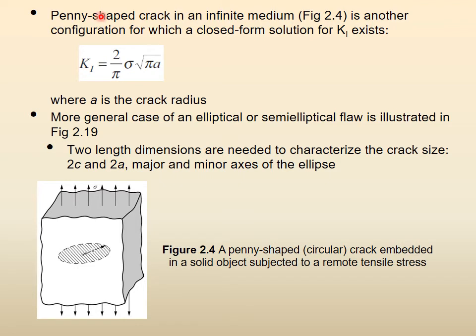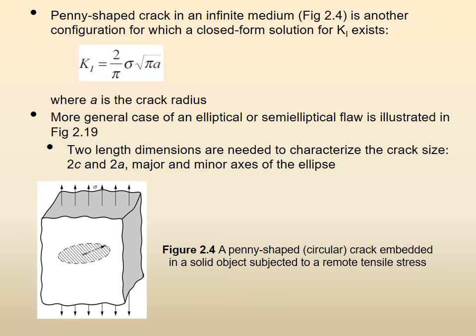Penny shaped crack, circular crack in an infinite medium, right? This figure. Again, remember, because of our angle, we are not showing it. If we are looking at an oblique angle, the circle is looking like an ellipse, but this is a circle. So a circular crack, a penny shaped crack. So again, a closed form solution is there. We have not derived it. We are not deriving it. 2 upon pi is now the factor. 2 upon pi, right? So pi, you know, is 3.1. So this is roughly 2 by 3, roughly 2 by 3.